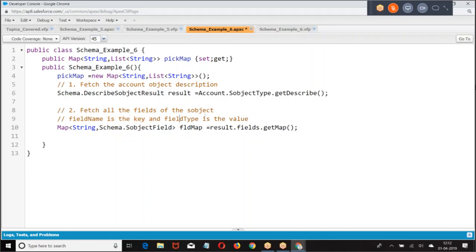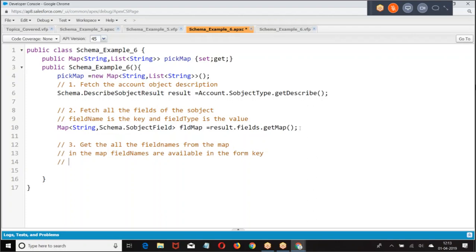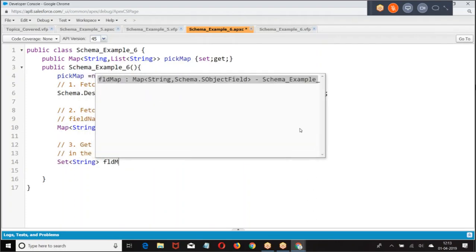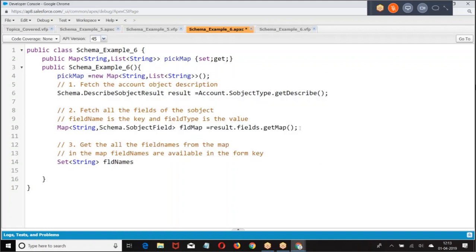Field name is the key. Field type is the value. Third step: get all the field names. In the map, field names are available in the form of a set. Set of string field names equal to get all the field names.